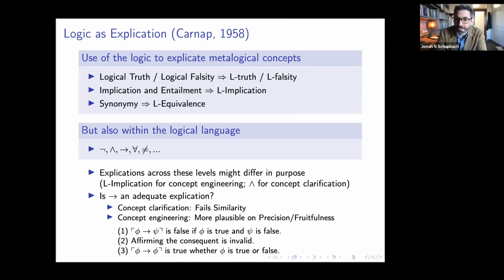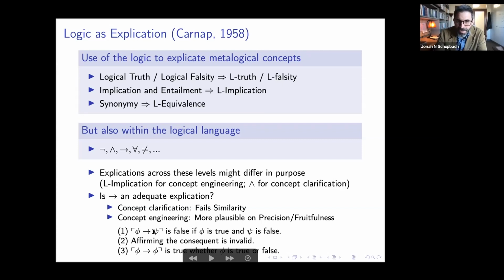On the other hand, if you think that the material conditional is there for explication a la concept engineering, there's a much better case potentially to be made for adopting the material conditional. So especially when combined with considerations of precision. So if you want a bivalent, binary, truth functional explication of if-then, and if you also want fruitfulness, in this case, something like Carnap's sense, where you want to be able to give grounding for these three different generalizations, these metalogical theorems or generalities.